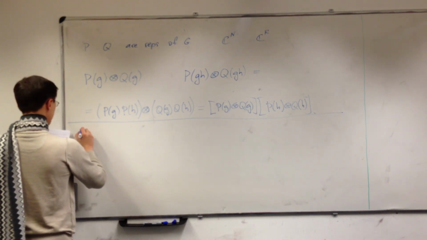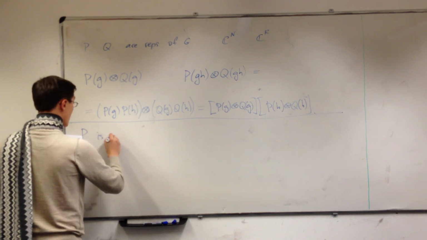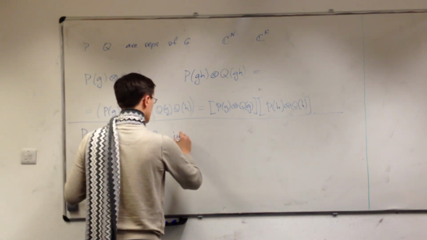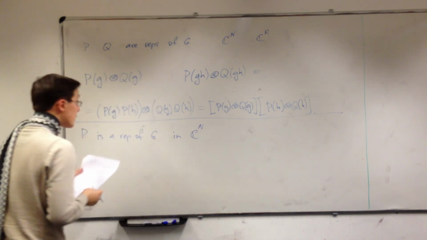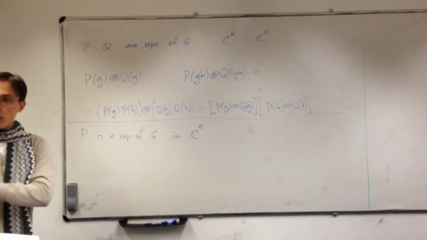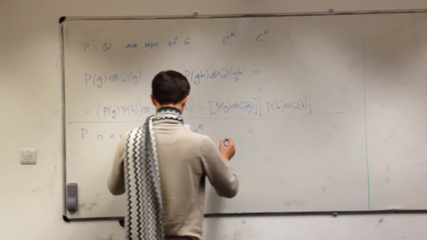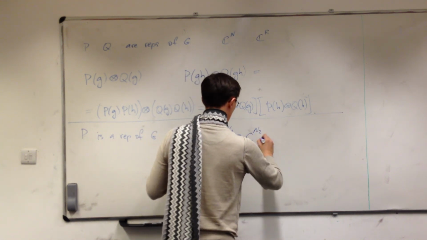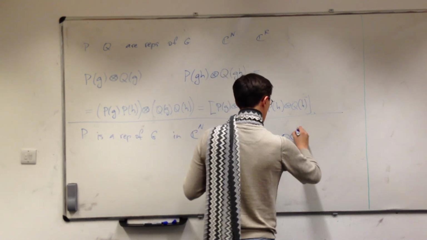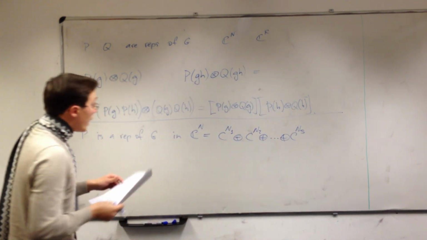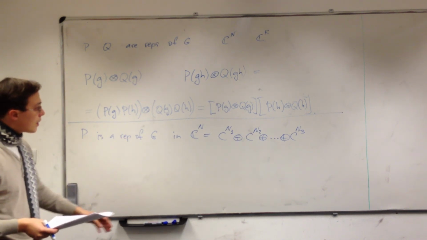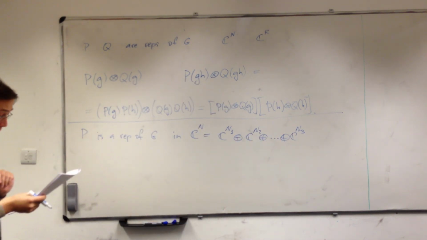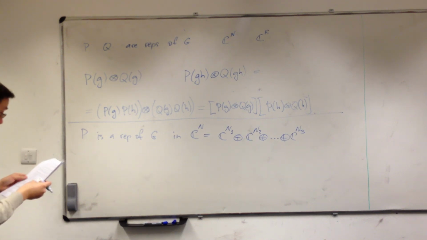So if P is a rep of G in a space Cn, and this space has a decomposition into a direct sum of other spaces, that is to say, this is equal to Cn1 direct plus Cn2 direct plus so on Cns, and this decomposition is such that these subspaces are invariant under the elements of the group, so the representation is blocked up,